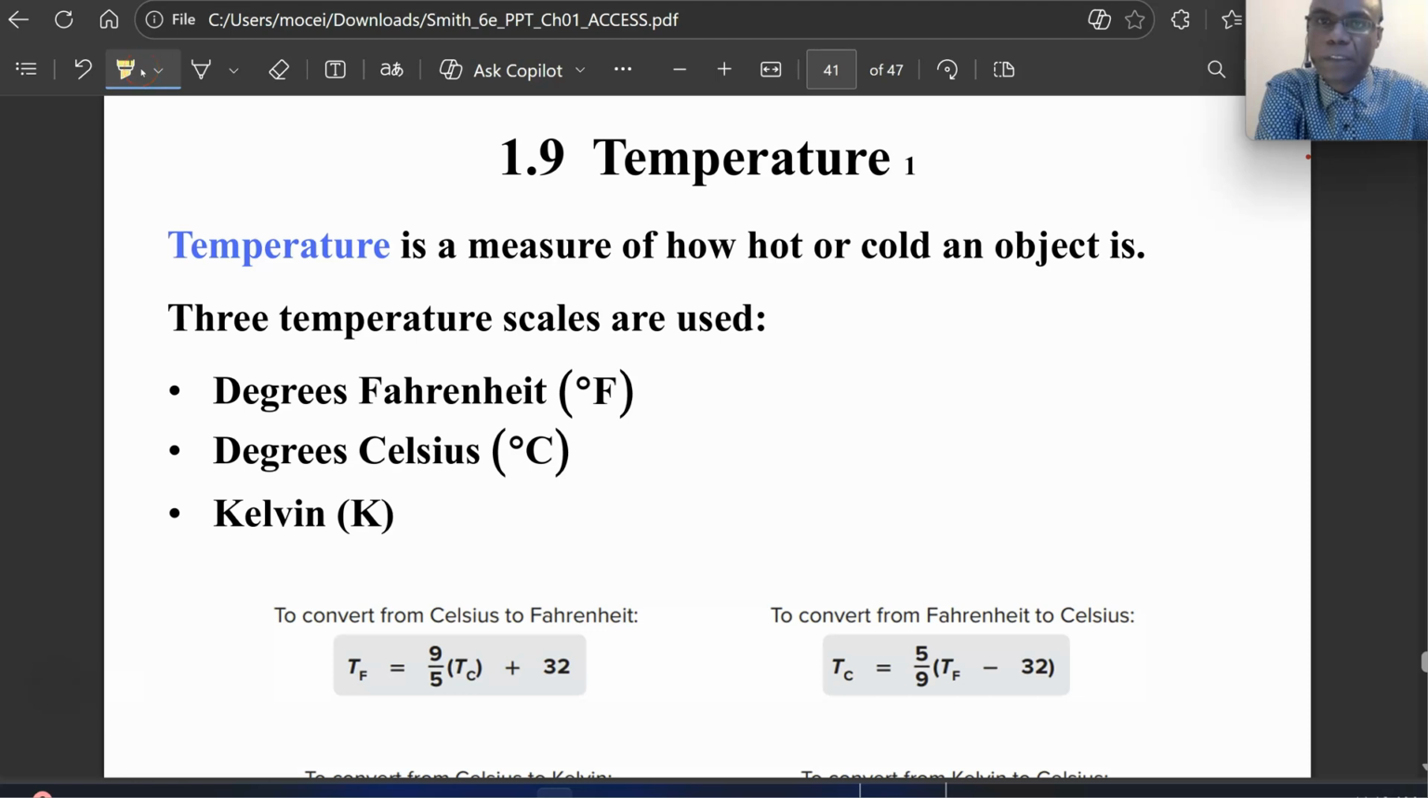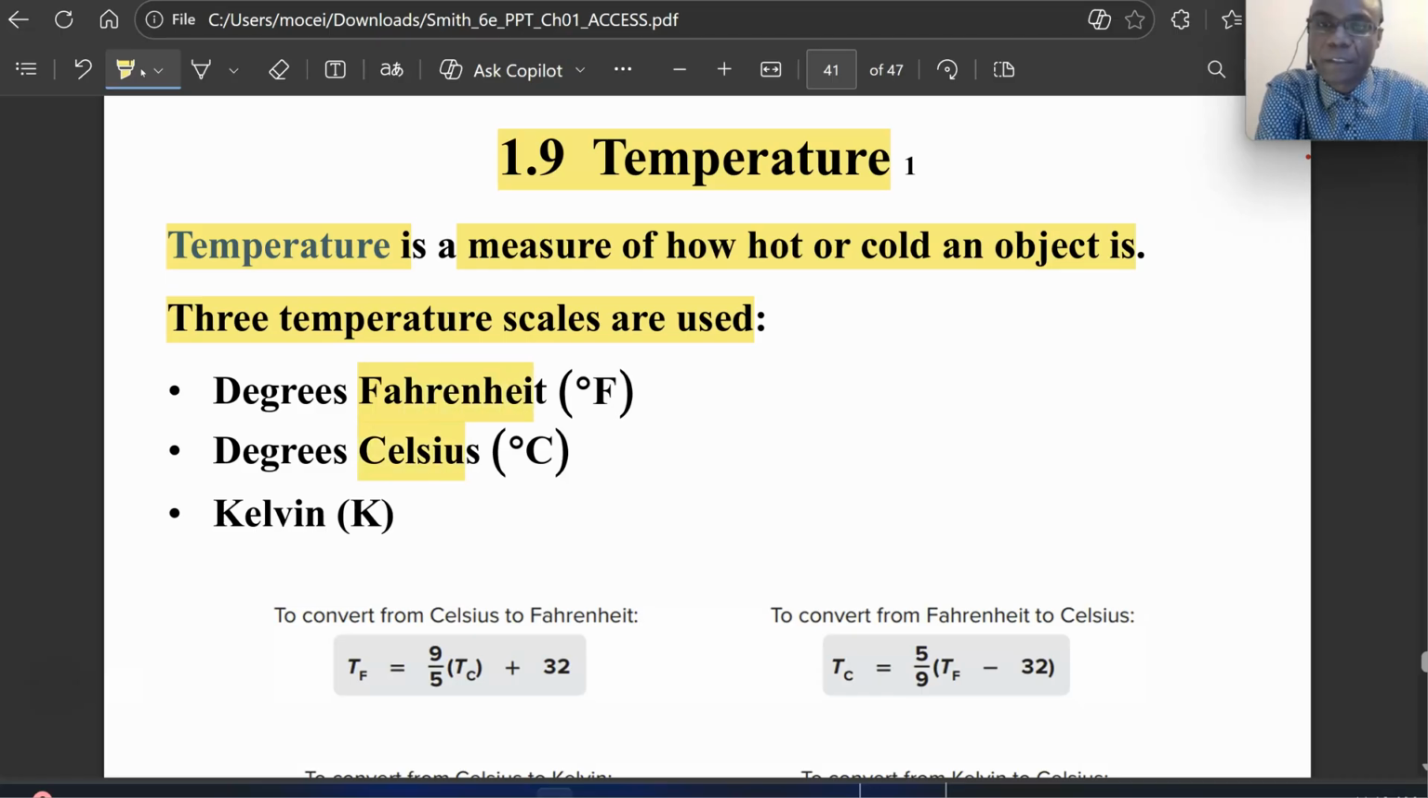In this unit, we're going to talk about temperature. What is temperature? It's a measure. Temperature is a measure of how hot or cold an object or a substance is. Three temperature scales are used. So we express temperature in three ways: